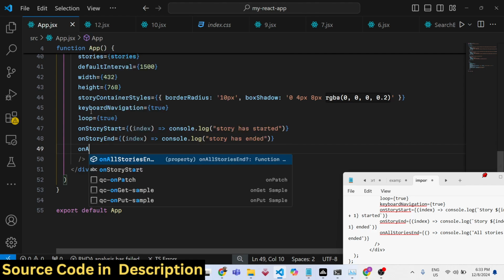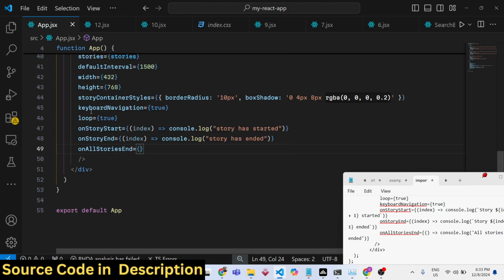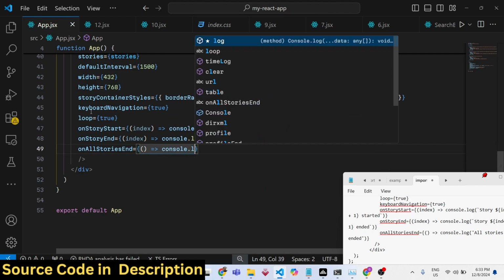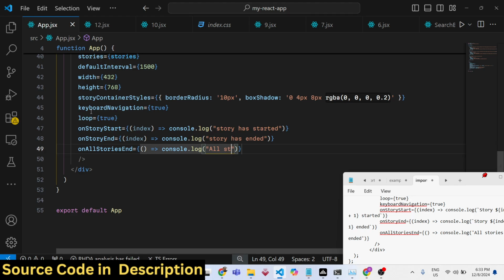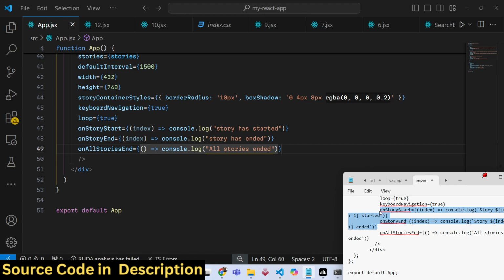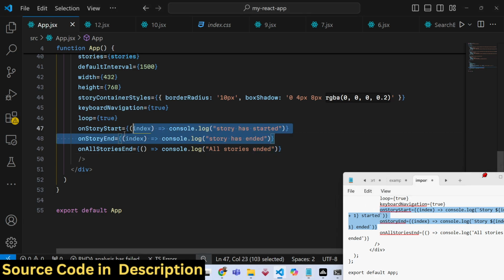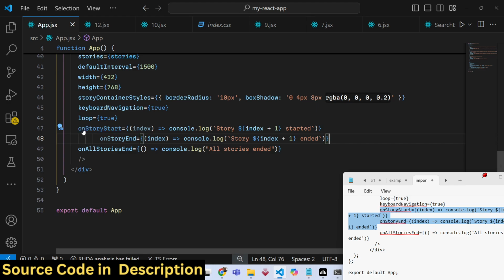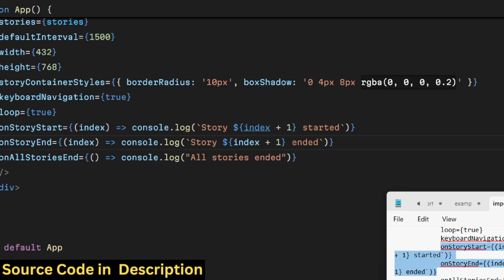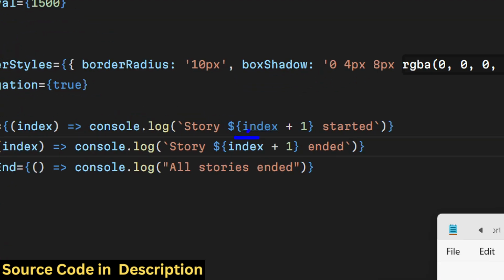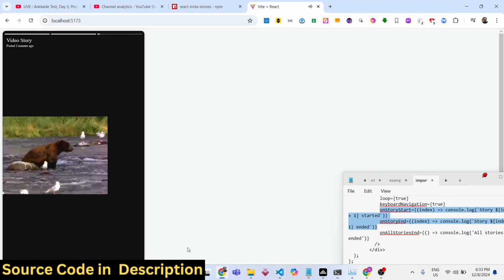And when all the stories are ended, we have this callback function: all stories ended. So for the individual story on start and on end, this index variable is passed right here. So we are printing out this dynamic index variable. If you check your console,